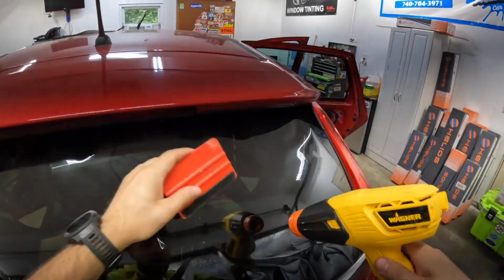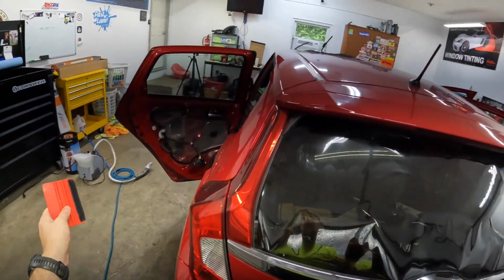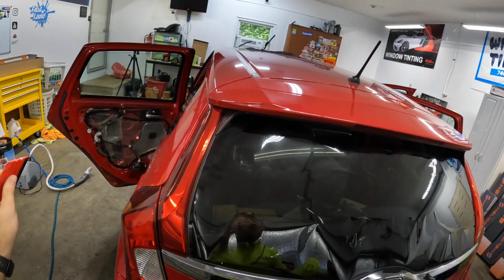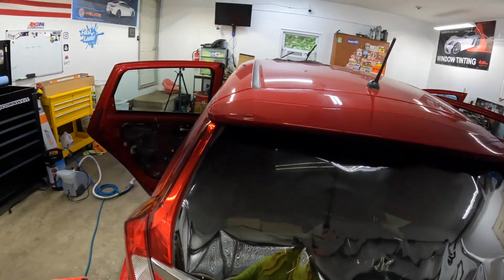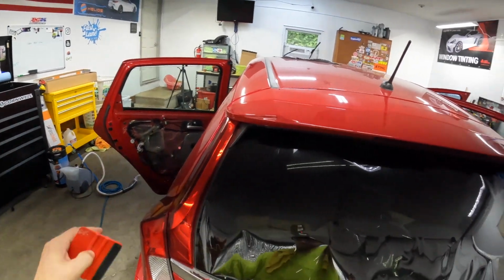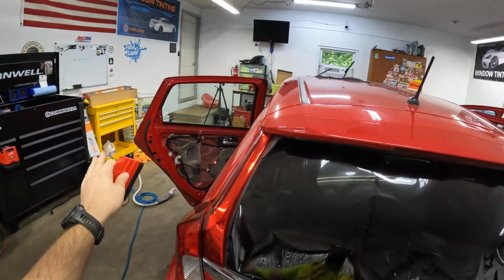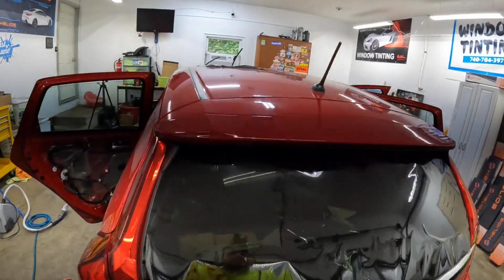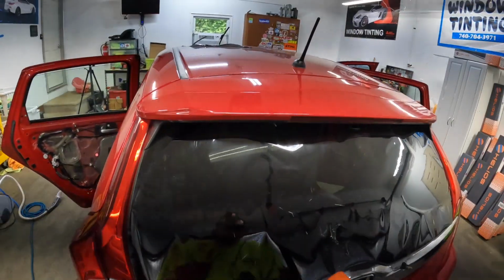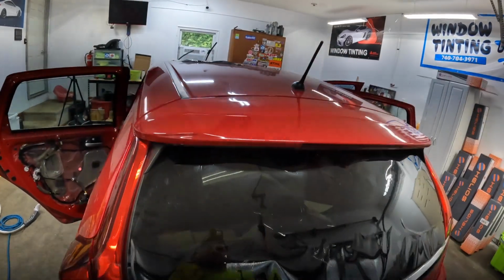But I will give them credit. I opened up their Pro Classic, which is a color stable film, today, and did a car. It says it's a 10-foot roll. The masking tape they put in there said 20. That was supposed to be a 10-foot roll of ceramic. It ended up being 15, according to the masking tape they put on there with what it is. So that's cool. They did send me extra,